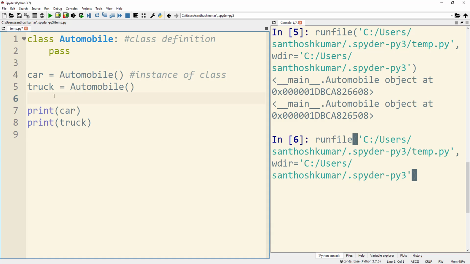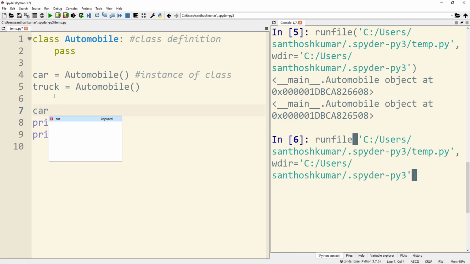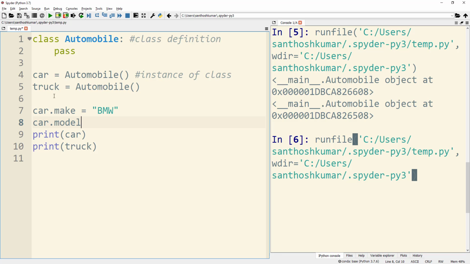So here I am assigning the car make as BMW. For that I am coding car.make equal to BMW in line number 7, and I am assigning car.model 2018, which is the year of manufacturing, and then car.wheel count I am assigning the number 4.